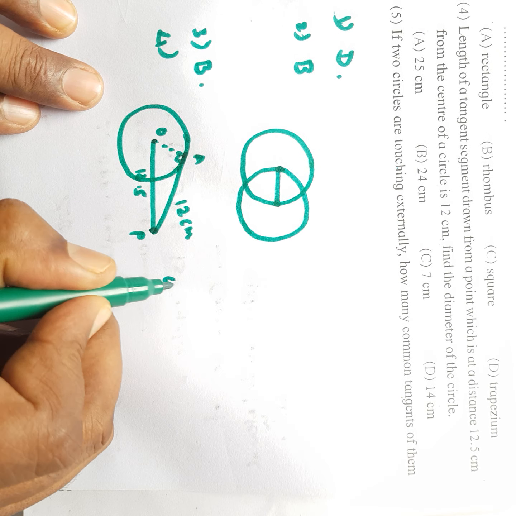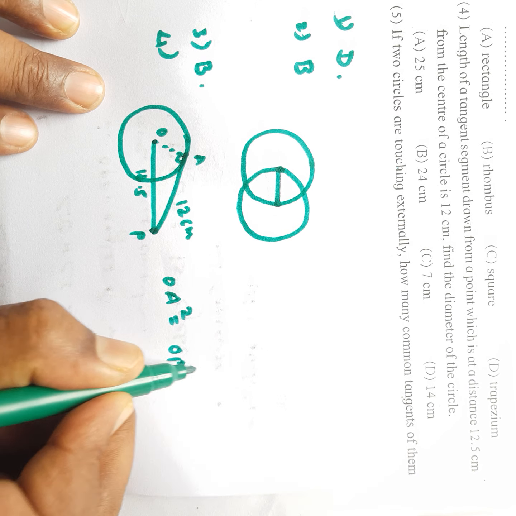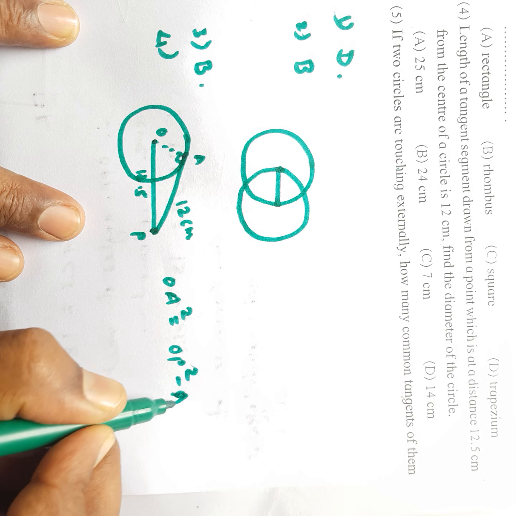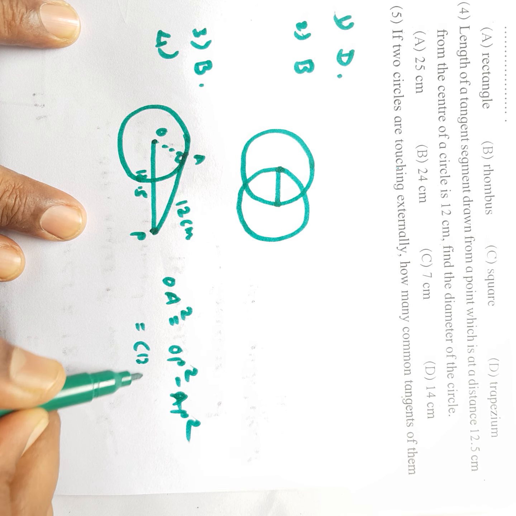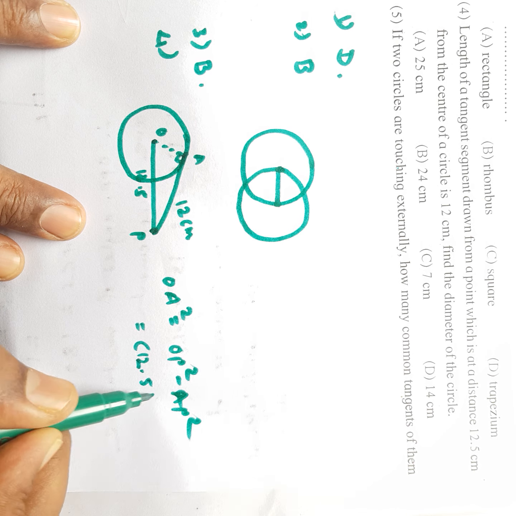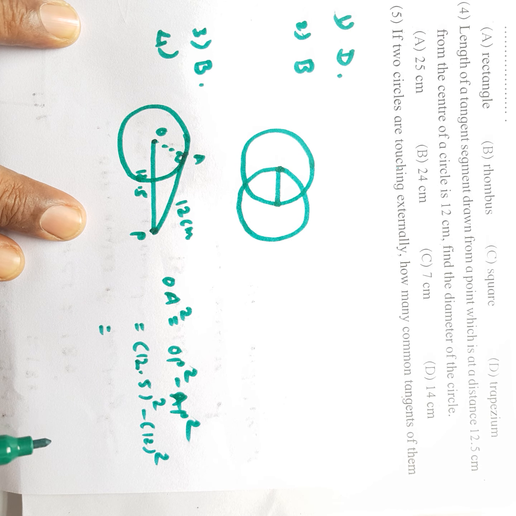Therefore, OA square is equal to OP square minus AP square, that is 12.5 square minus 12 square. Then it is a square minus b square,